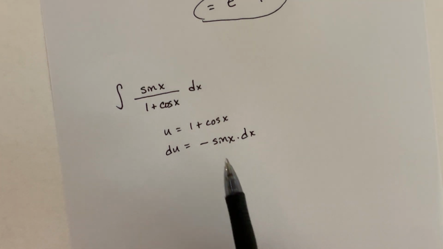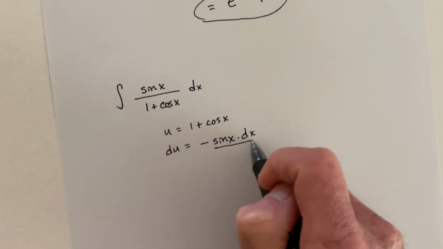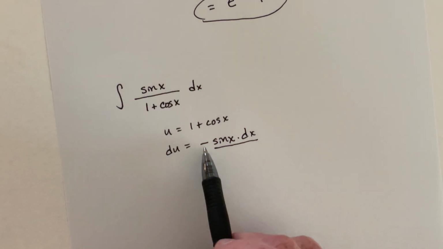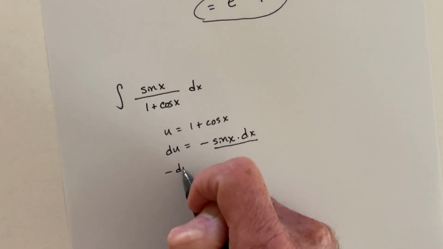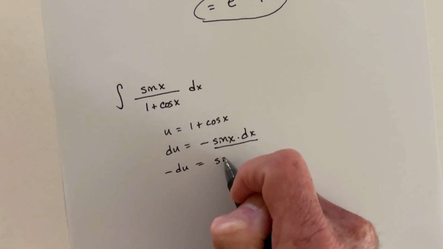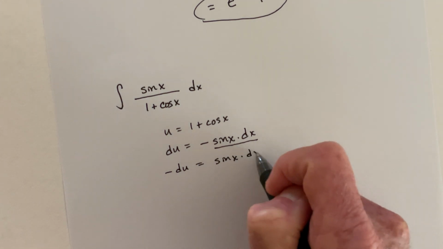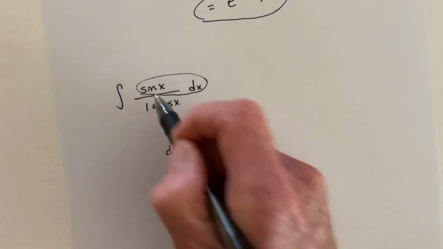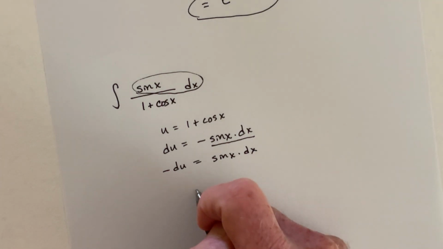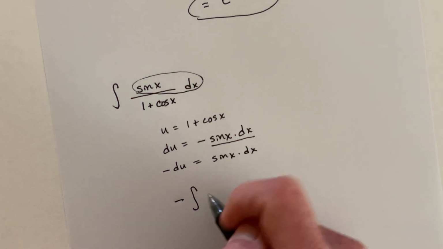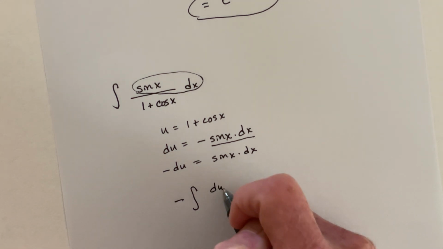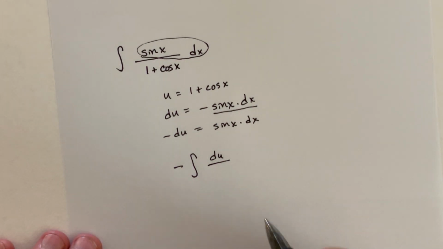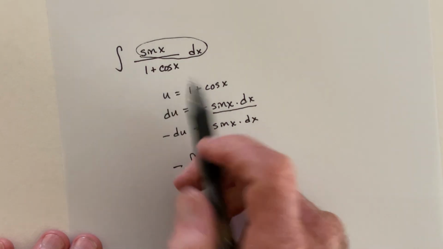And just like the one I was just showing you, this matches the sine x dx exactly, except for the negative. So just multiply both sides by negative 1. And now we know what sine x dx gets replaced with. So that means this part is going to become negative du. And with a negative, you can just factor that out. You could leave the negative right here on the du, or you could factor it out either way. And then the bottom part just becomes